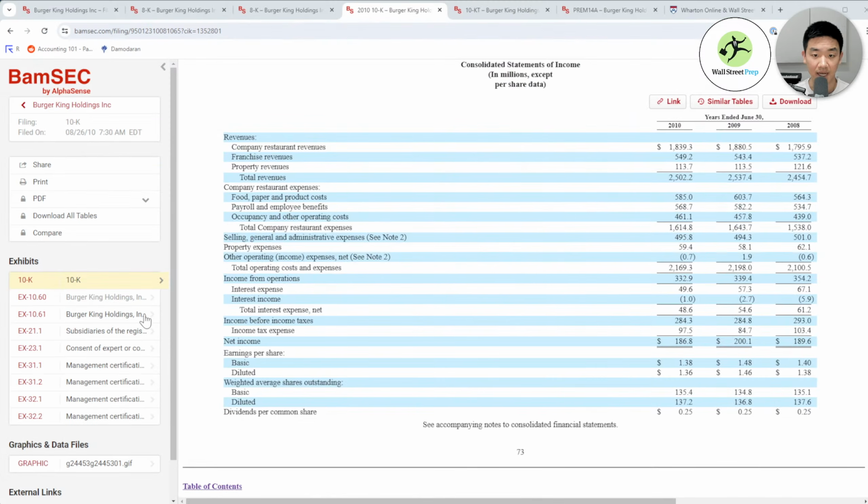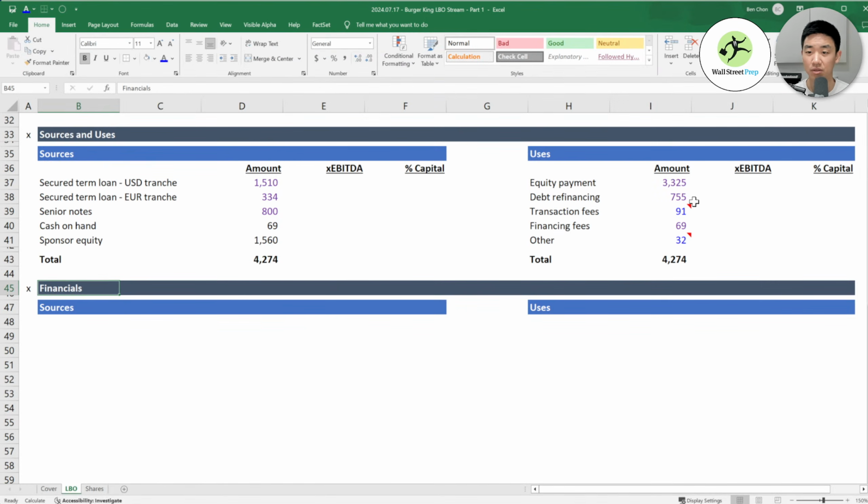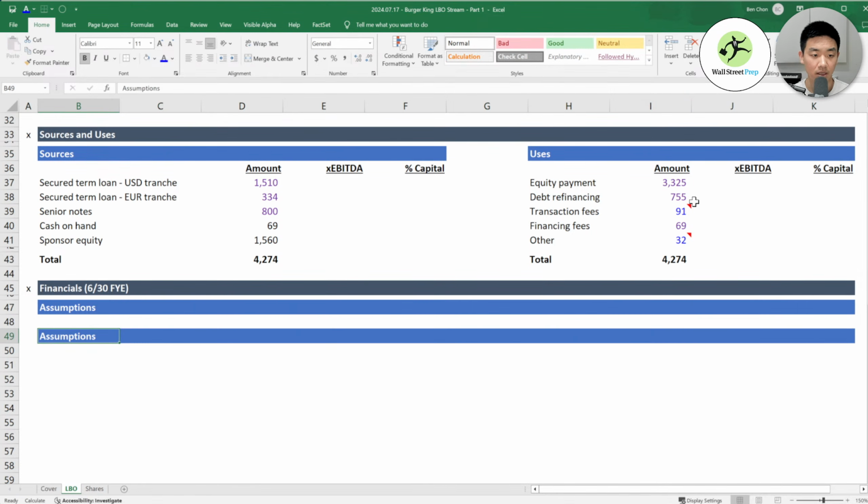All right, so financials. The company fiscal year end is on June 30th for whatever reason. I honestly really hate it when companies have a weird fiscal year end, but can't control that. Okay, so we're going to have an assumptions table here, but not worry about this until later. And then we're going to need the operating model. So let's figure out what we need here.